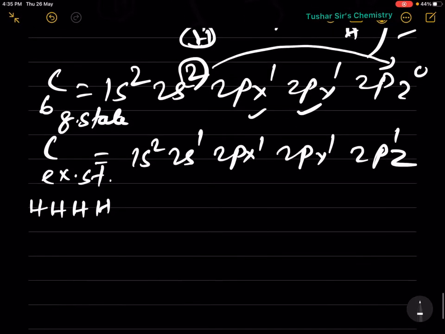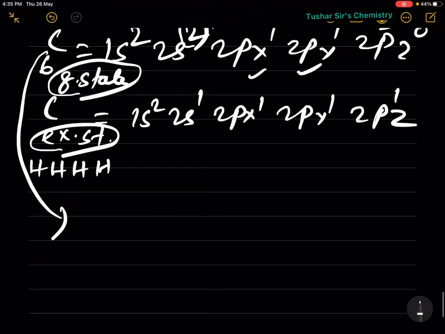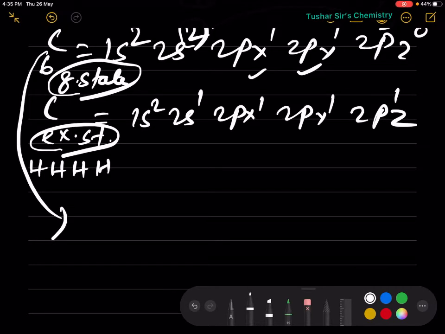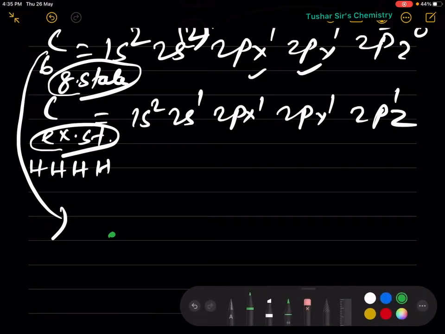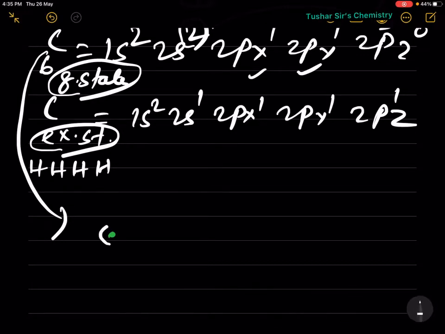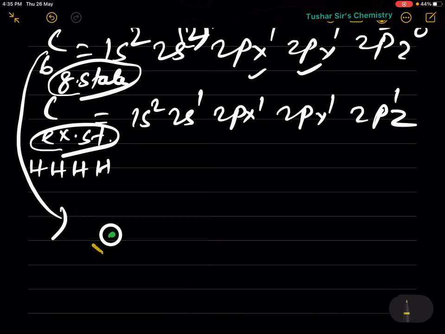This is the electron configuration of the ground state and excited state of carbon atom. Now it can be diagrammatically shown. Here you see, already I have discussed. Let the carbon nucleus be in green color. Above the carbon nucleus you will find 1s. Then above 1s you will find